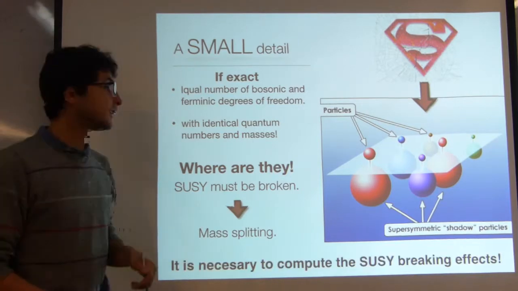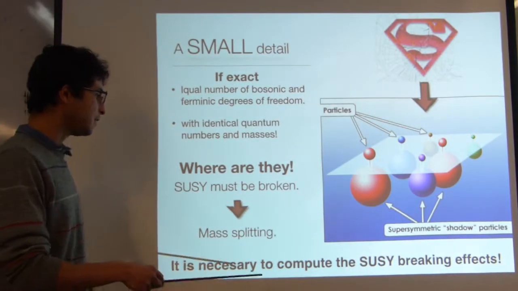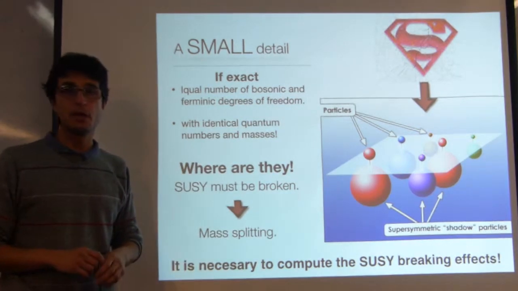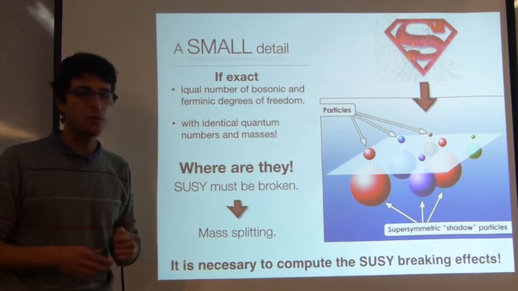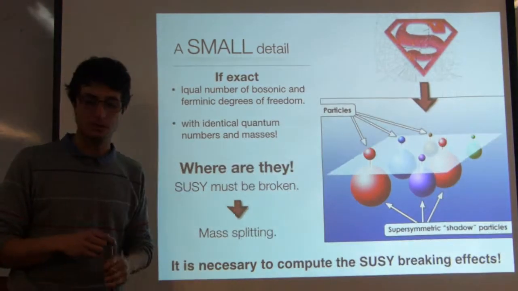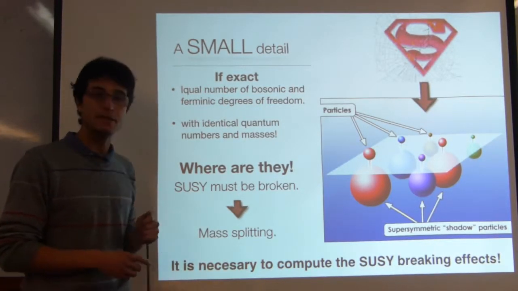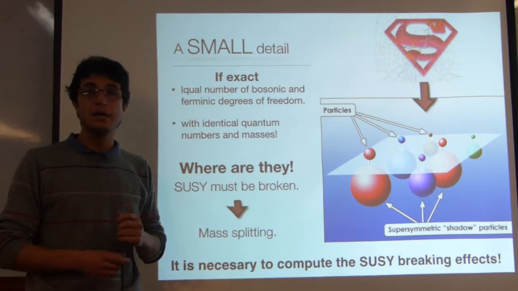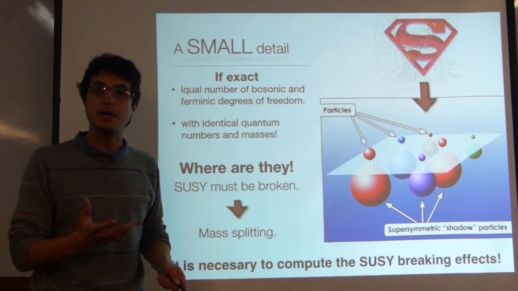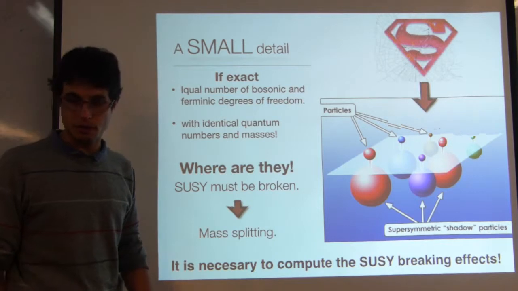So if you want to connect these theories with experiments, you have to compute the masses of the superpartners, and these are what we call soft masses or SUSY breaking effects. This is usually very hard to compute, but the discussion of this article is about a technique to compute these soft masses, these supersymmetry breaking terms, in a nice way, using supersymmetry, which is a very restricted theory that allows easier computations.